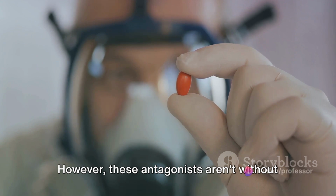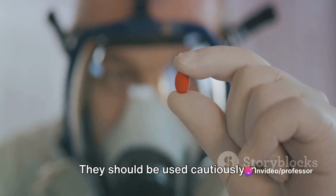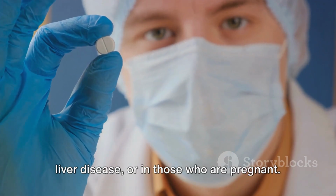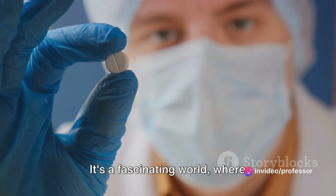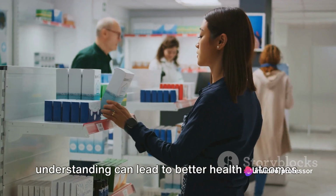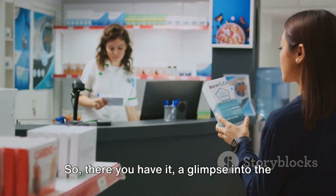However, these antagonists aren't without their contraindications. They should be used cautiously in patients with certain conditions like liver disease or in those who are pregnant. Understanding these hormones and their antagonists can be crucial in managing various health conditions. It's a fascinating world where biochemistry meets medicine and where understanding can lead to better health outcomes. So there you have it, a glimpse into the world of